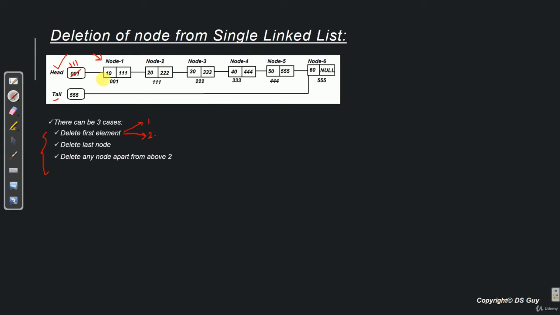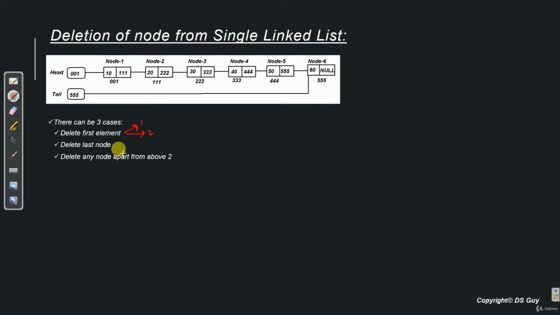So as soon as we do that, a link gets generated between head and node 2 and the existing link between head and node 1 gets destroyed. So right now no reference is pointing towards node 1. So garbage collector once again comes and sees that node 1 is not pointed by anything, so it gets eligible for garbage collection and it gets destroyed. Fine. Now let's see the second case, which is deleting the last node in a list.